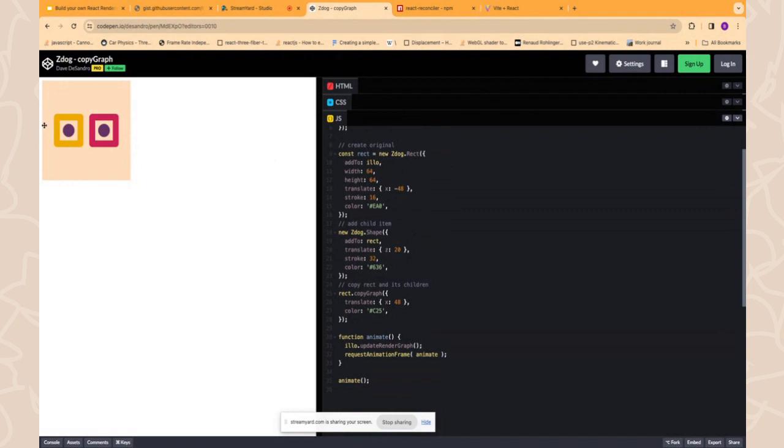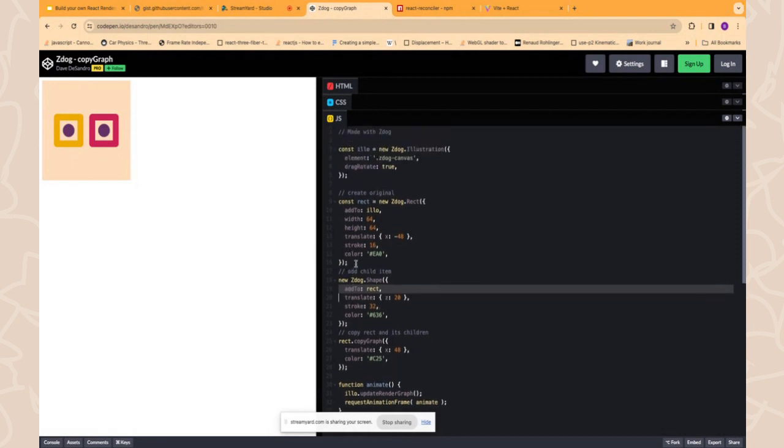You create the rect, right? Within that they have created the shape, and they added that shape to the rectangle. So this is a tree structure: you have the illustration at the top, and then the rect, and within that rect you have one more node called shape, and then you copy the same, so you have two children, and within that another child, correct? So you have some very basic tree structure. We can use this one, right? To create